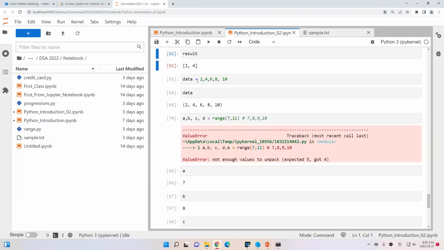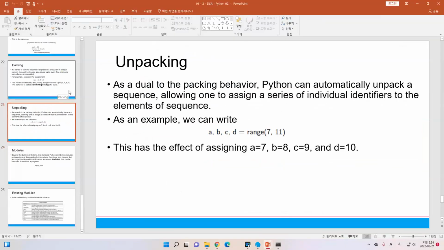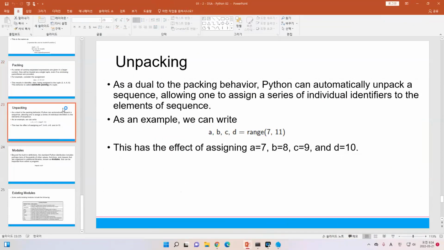Last week we learned about packing and unpacking, and it's on the explanation. When you are doing the packing, you want to put the data into a tuple. So if you just put the data and separate all the elements by commas, you will get an automated packing of a tuple. And if you have data, let's say the data is a range from the number 7